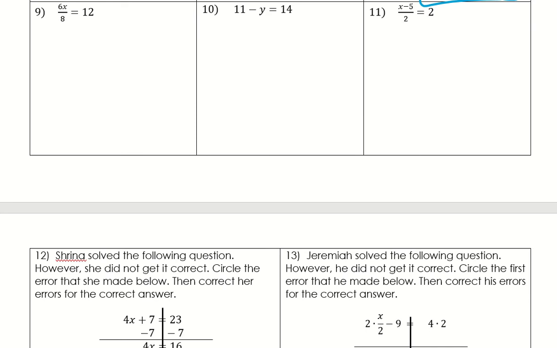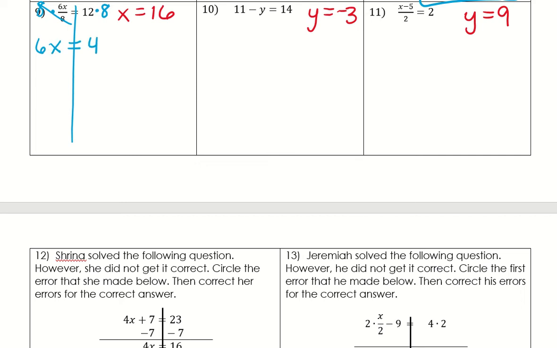For number 9, you should have gotten x equals 16. For number 10, y equals negative 3. And for number 11, y equals 9. For number 9, the first thing I'm going to do is multiply both sides by 8. So I have 6x equals 48. Now I divide both sides by 6, and x equals,